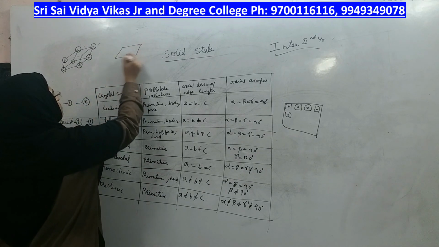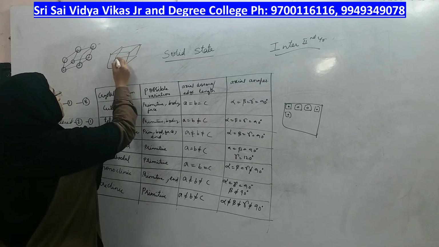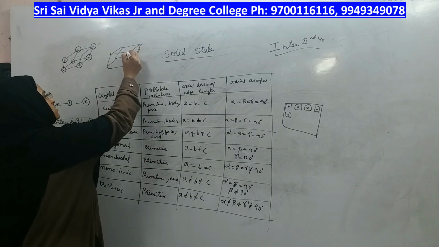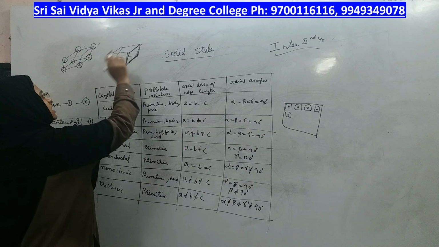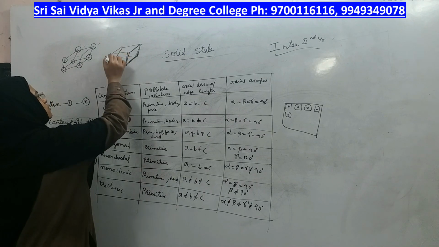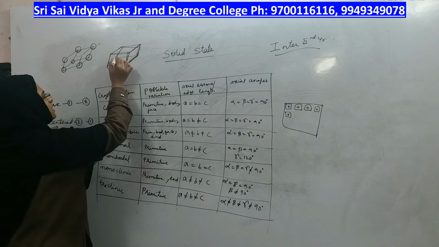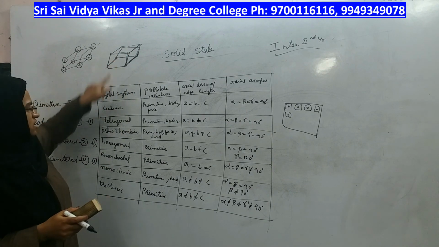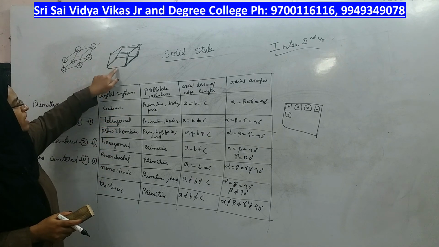Measurements of each unit cell you should know. Right, these edges, how many edges are there to these? 1, 2, 3, 4 edges. 4 plus 4, 8, 9, 10, 11, 12. There are 12 edges in each shape, whether cubic or tetragonal or whatever it is, there will be 12 edges, right?